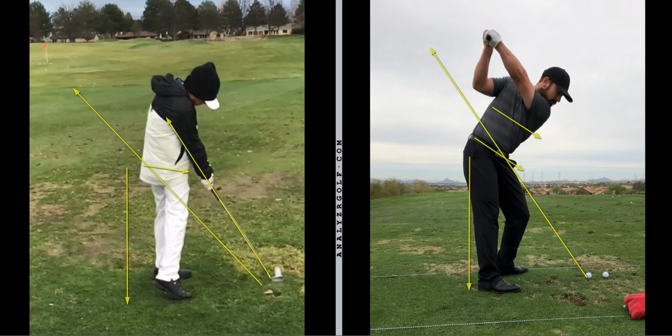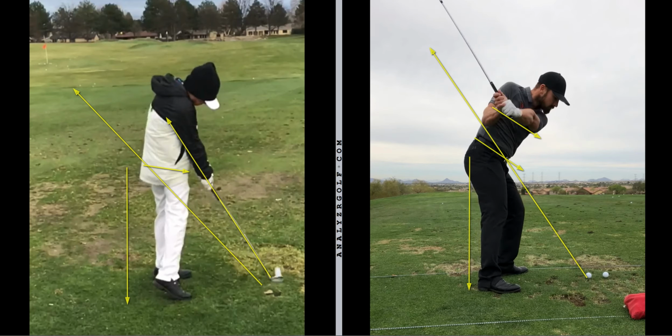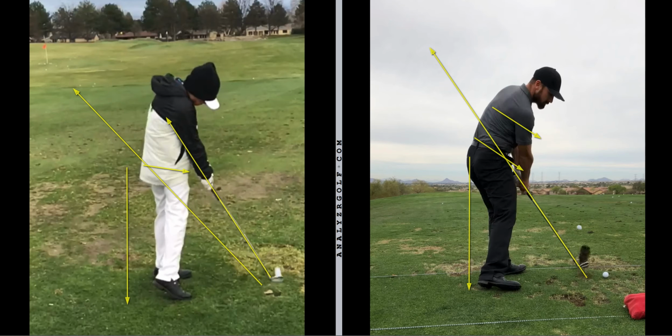So now watch. I'm still back, I'm still back on that line. Notice the shaft plane. My glutes are back of where they were at setup, so then when my arms straighten, the shaft is on the same plane it was at setup. And you'll notice that because I'm back,